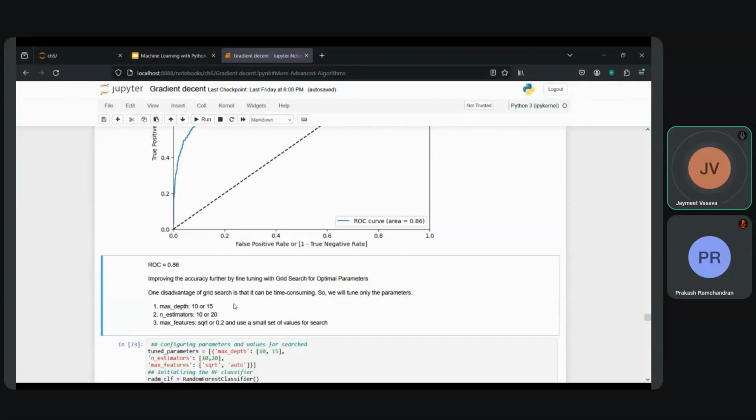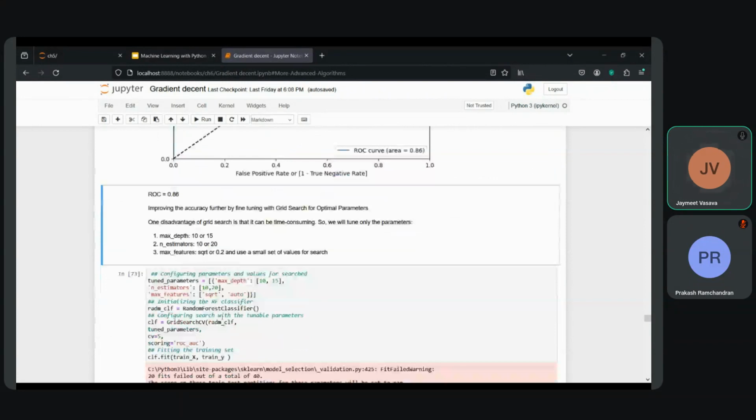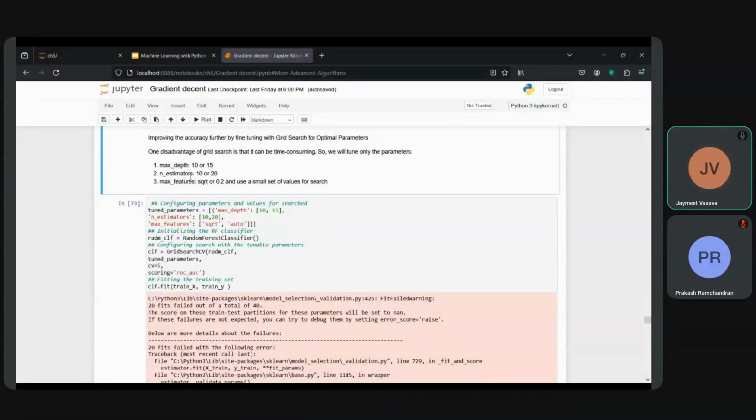So we are looking to further test the accuracy or improve the model. So we'll be using the grid search for finding the most optimal parameters. Though time consuming, we'll be using these 3 parameters to work with. So working with these 3 parameters,